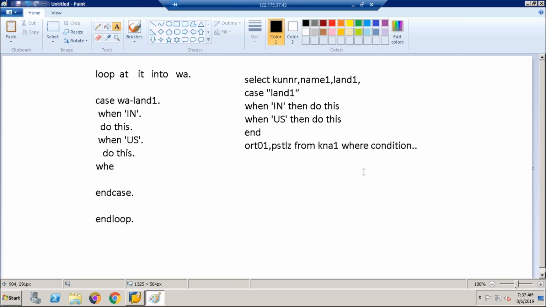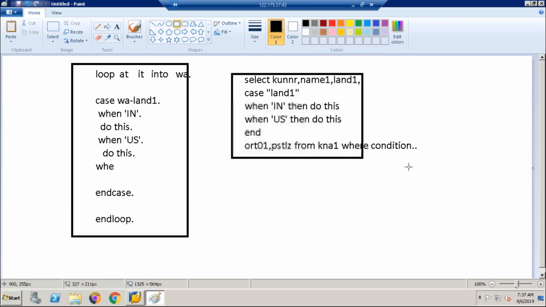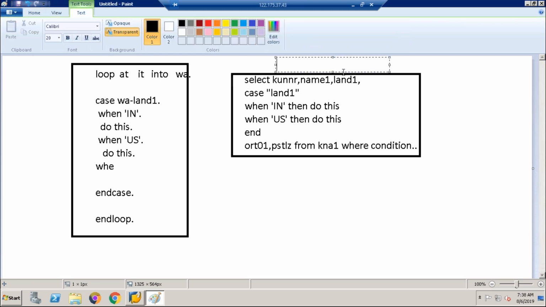So same thing. In ABAP, we process everything in a loop. Here we are processing everything in the select statement. Even if you want to do calculations, in ABAP we need to write them within the loop. Here, if you want to do any calculation, we have to write it within the select statement. But you should be an expert in HANA SQL, SQLScript, in select statements. I'm telling you. Fine, guys. So we will continue with AMDP.